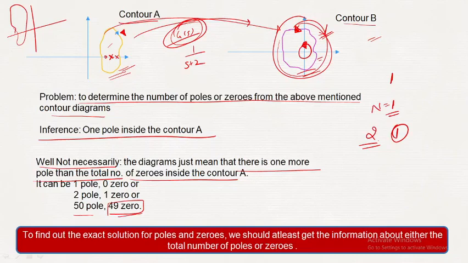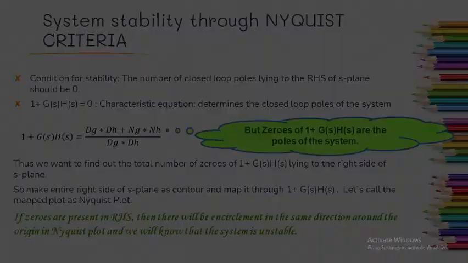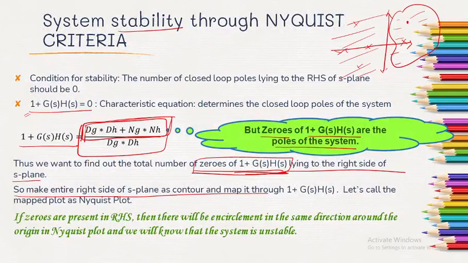हम जो contour यहाँ पे ले रहे थे, हम क्या करेंगे, हम ये जो पूरा S plane है, we'll take the S plane and we'll make the entire right hand side पूरा राइट हैंड साइड जो है उसको कॉन्टूर बना देंगे, एंड दैट वोंट बी सिंपली अ कॉन्टूर, दैट विल बी नोन एज द नाइक्विस्ट कॉन्टूर, क्योंकि ये स्पेशल है, हम किसी पर्टिकुलर चीज़ को कॉन्टूर बना रहे हैं. सो द कॉन्टूर दैट विल बी रेफरिंग इट एज इज द नाइक्विस्ट कॉन्टूर. ओके, एंड वील बी प्लॉटिंग इट और मैपिंग इट.